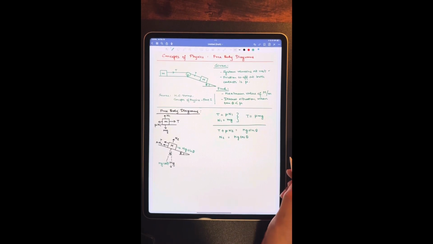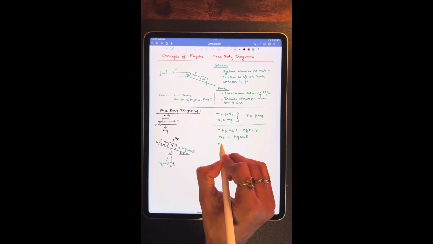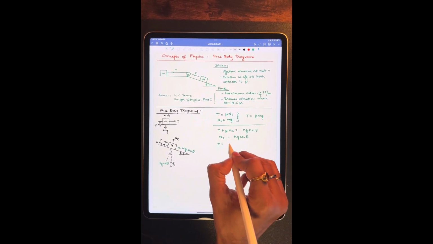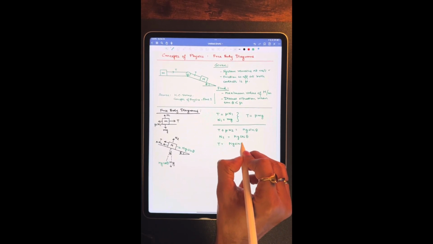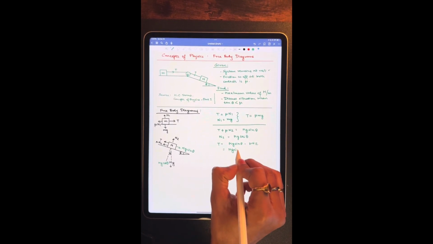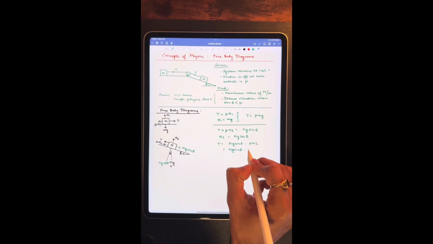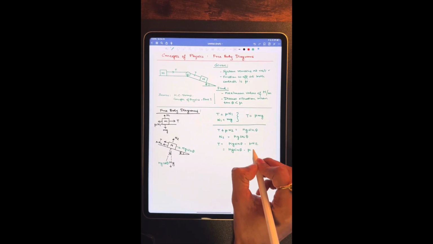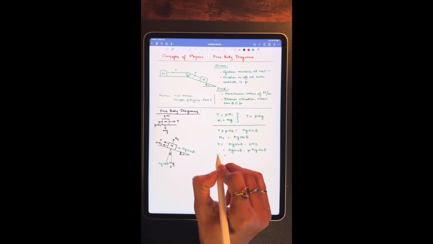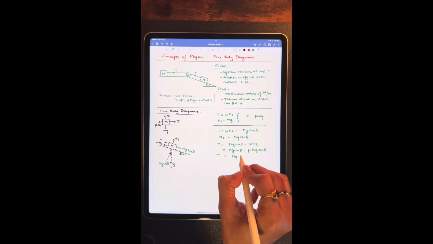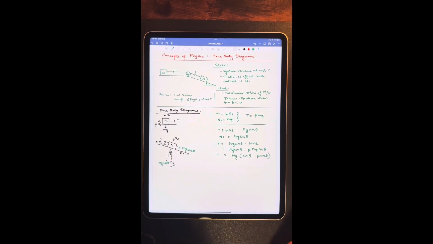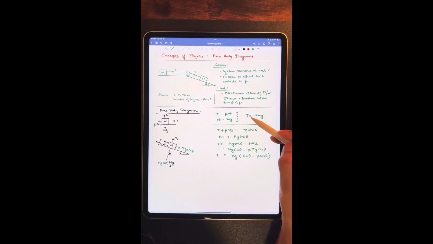Now again, we can say that tension here is mg sine theta minus mu N2, or we can say that it is Mg sine theta minus mu Mg cos theta. Simplifying a little bit, we say that tension equals Mg (sine theta minus mu cos theta). Now we got the equation